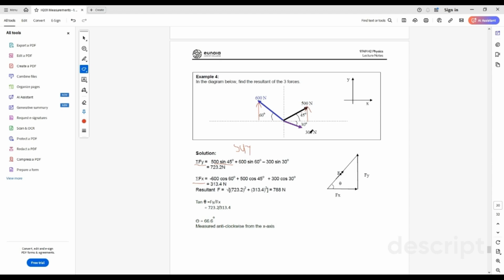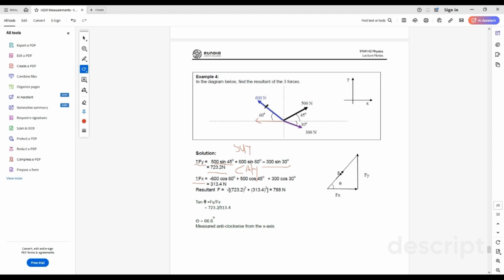However, for this 300 newtons force, since the vertical force is actually acting downwards instead of upwards, we should then be subtracting instead of adding in order to get 723.2 newtons. Then, to calculate the horizontal forces, we are going to use the formula CAH, since we know the hypotenuse and we're trying to find the adjacent, we can calculate the horizontal